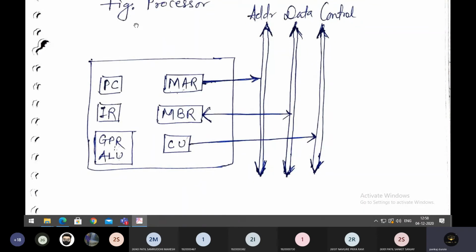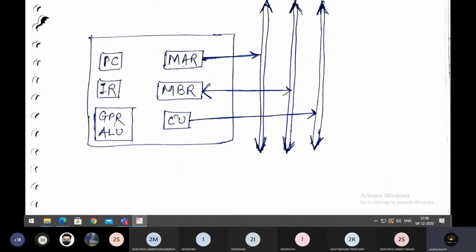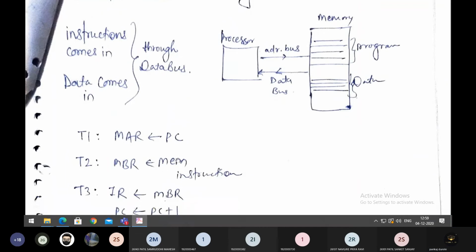So the very first basic micro operation is PC goes to MAR. Then if you find the address, the data from the memory can be taken to the memory buffer register.